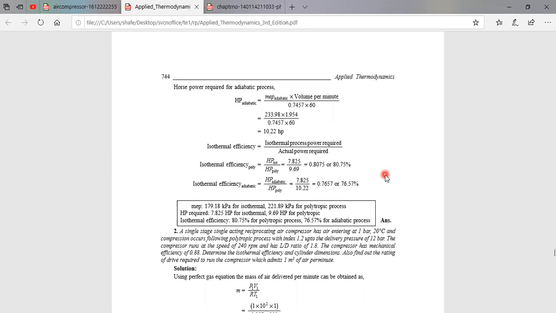If you have any doubts, just refer to the PPT I have sent and refer to the textbook. There may be a few mistakes in this particular textbook. I'll once again clarify with some more problems, and we'll discuss some more topics in the next class. I'll take the remaining things like what is the clearance volume, and what is the work if I consider clearance volume or if we don't. All these three models are problems here: the single stage compression, the problem based on with clearance and without clearance, and finally the multi-stage compressor.